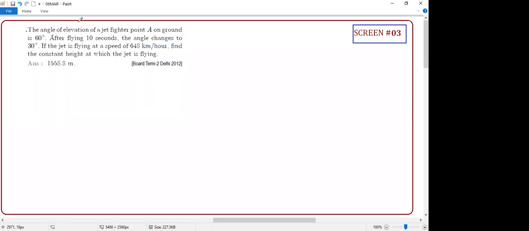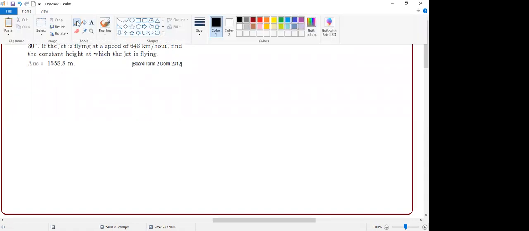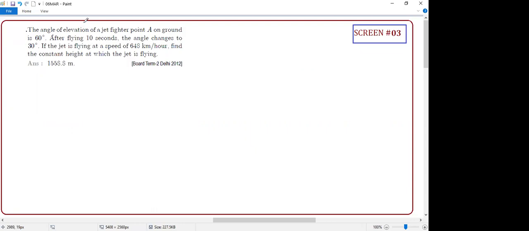So next, the angle of elevation, student, okay? Elevation means somebody is looking up, meaning they have to raise their head. Depression means they have to lower their head. Are you clear, student? So when you are seeing that, where is the observer? Where is the object? Elevation means the object is above the observer. Depression means the object is below the observer. Are you clear, student? Everyone? Yes, sir.